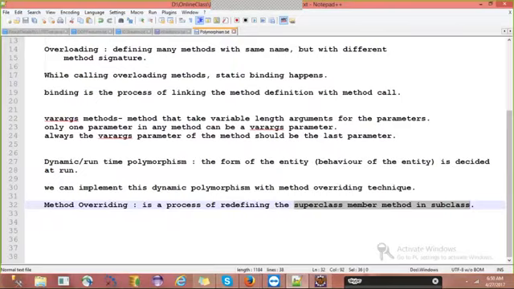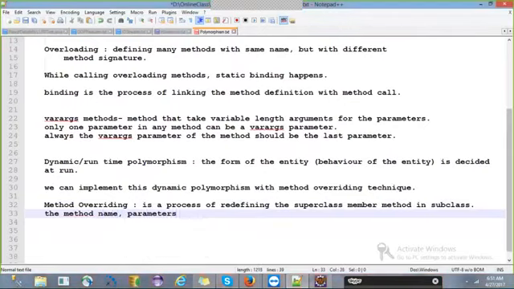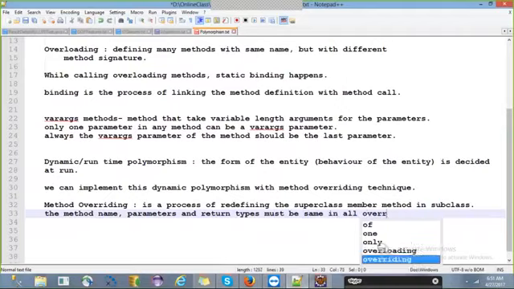Means the body of the method only will be changed, but the return type, the number of parameters and the name of the method, means return type and signature, should be the same, just like in the superclass, in the subclass also it should be the same. So the method name, parameters and return type must be the same in all overriding methods.